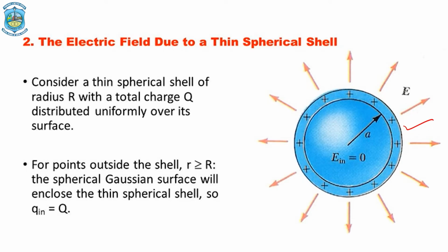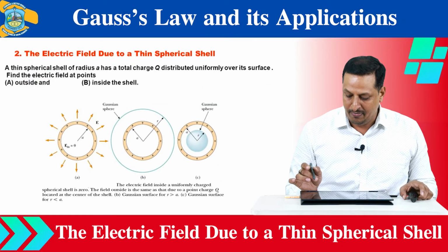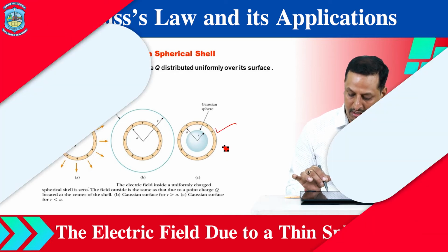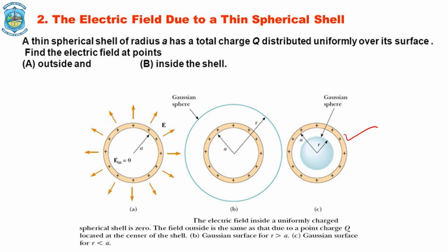Now let's come to another application, the calculation of the electric field due to a thin spherical shell. You know, a spherical shell is empty from inside, and charge can only be distributed on its surface, which you can see here. Since there is no charge enclosed within this charged spherical shell, as it is empty from inside, the electric field will be equal to 0, and that we will prove with the help of Gauss's law. As you can see here, this is a spherical shell on which a positive charge is distributed. If a Gaussian surface is chosen inside this spherical shell, then what will happen?